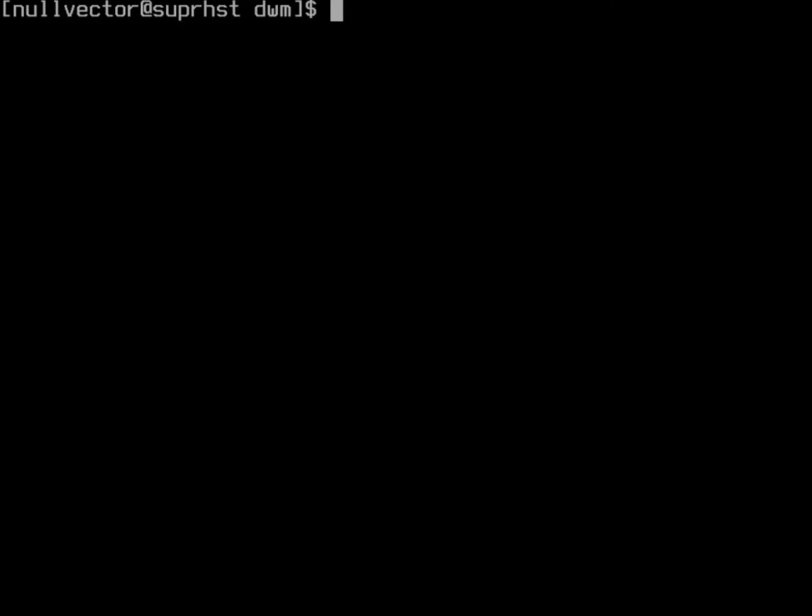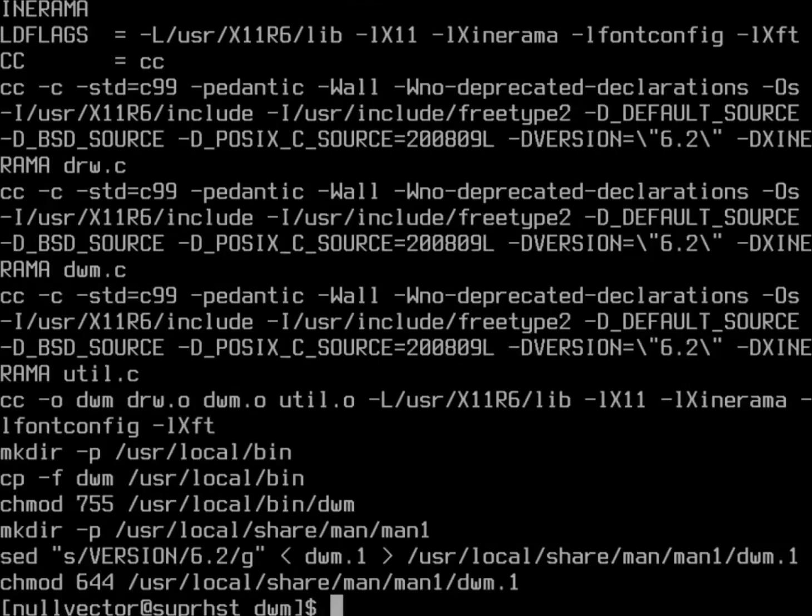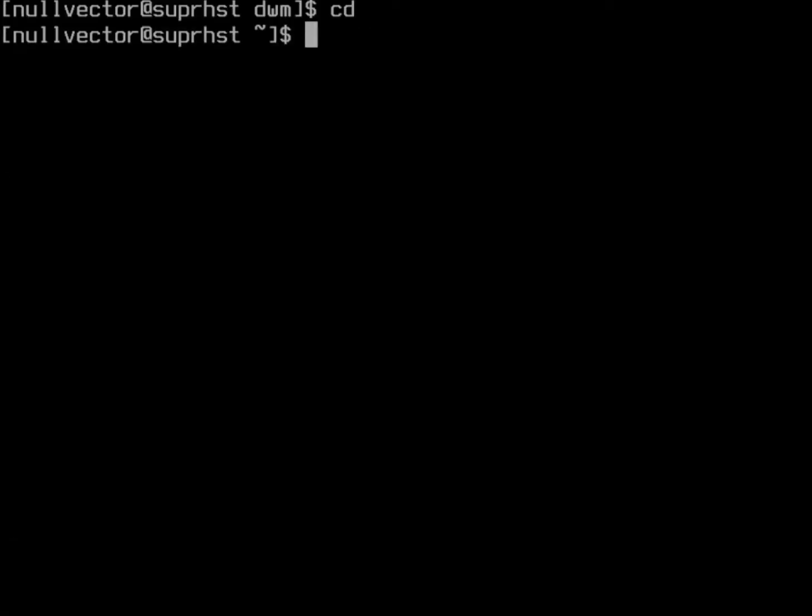Control L to clear the screen. Now we are going to sudo make clean install again. So we have DWM. Now we cd back to our home folder and we go inside ST,